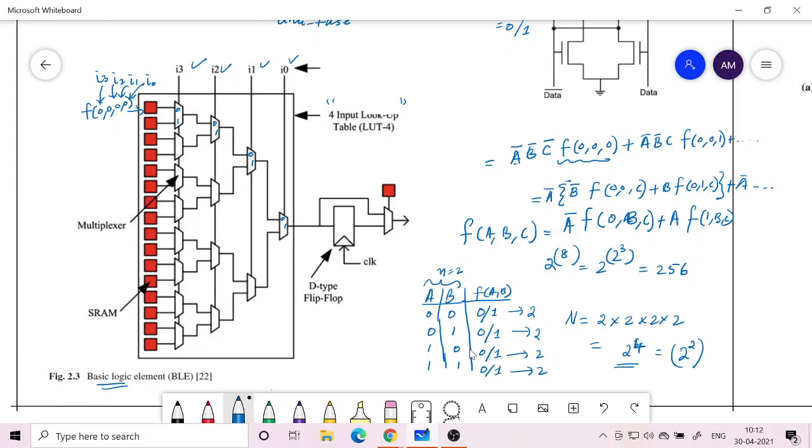You just put zeros and ones. If the canonical minterms are given, then if the minterm is present, you put 1, otherwise you put 0 there. In that way you can implement it. So out of the 2 raised to 16 possible functions, you will select a particular function.